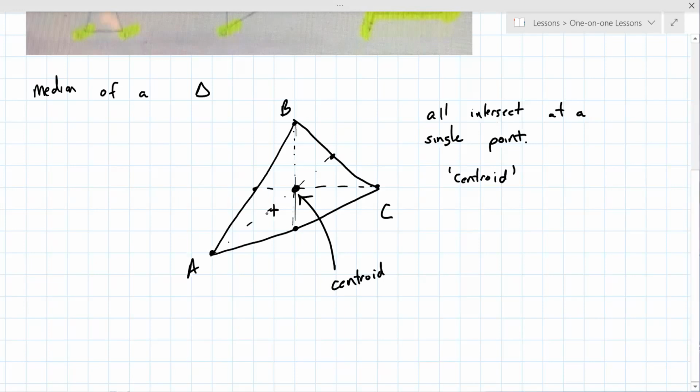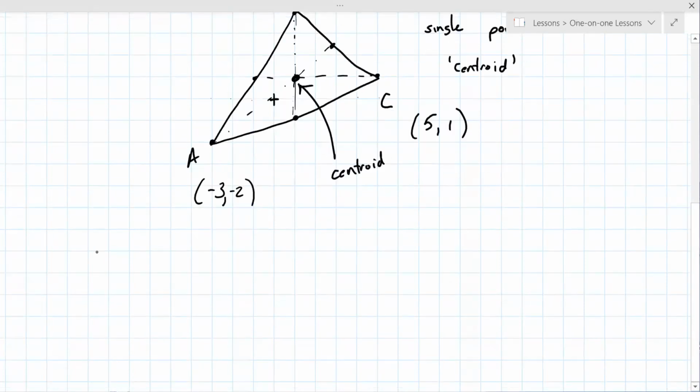So if I were to label each of these points, A is -3, comma -2. B is 1, and then up 1, 2, 3, 4, 1, comma 4. And then C is over 1, 2, 3, 4, 5, and up 1. So the first formula you have to know is the midpoint formula. The midpoint formula is given: x1 plus x2 over 2, comma y1 plus y2 over 2,